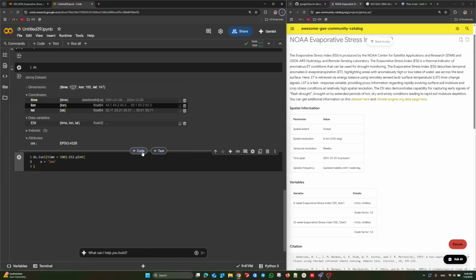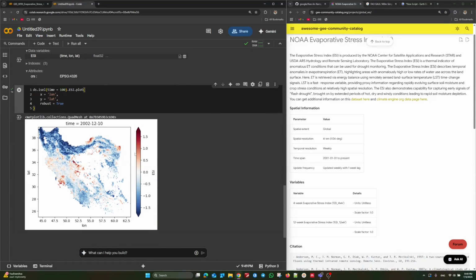The x-axis is set to longitude, the y-axis is set to latitude,